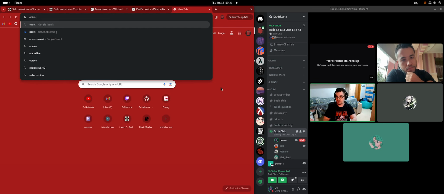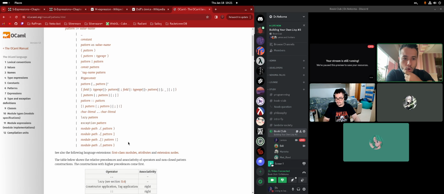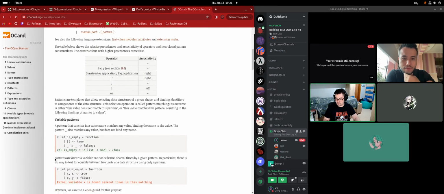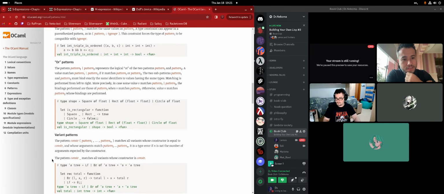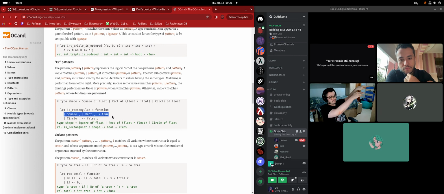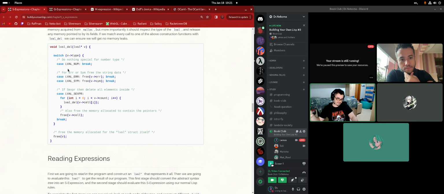Here is an example of an OR pattern in OCaml. You're pattern matching both of them, and both of them go to the same branch. So this is OR patterns, and I think they attempted a draft of that with the fall-through of the switch case.